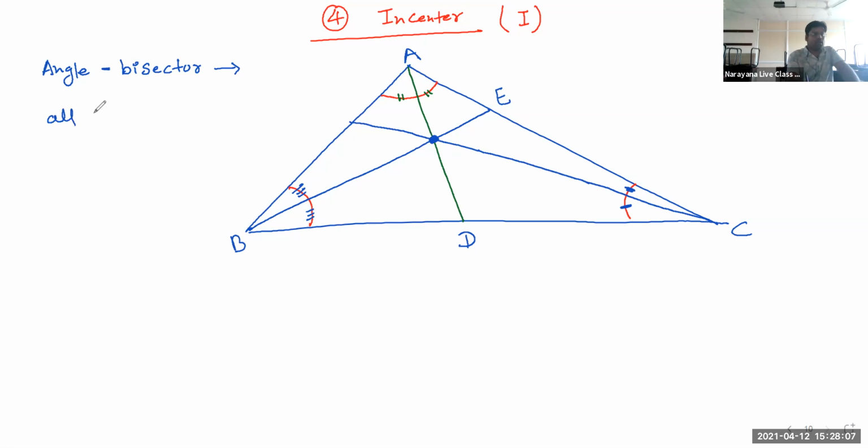All angle bisectors are concurrent. First thing is this, that all angle bisectors are concurrent. And the next thing is, the point of concurrency of the angle bisectors is called the incenter. Point of concurrency of